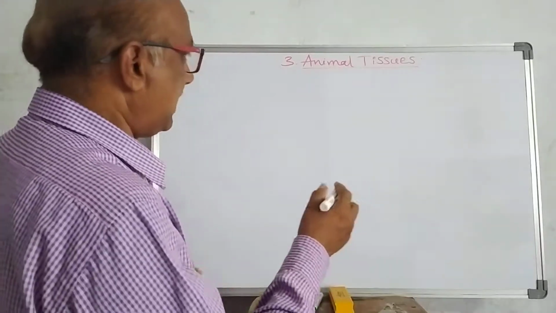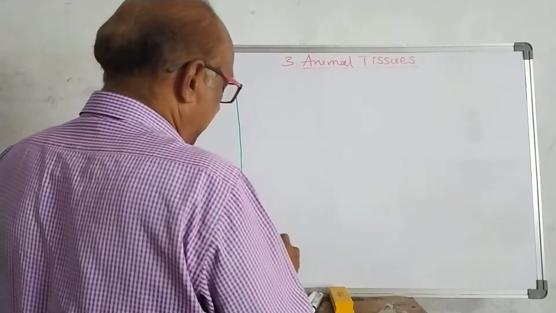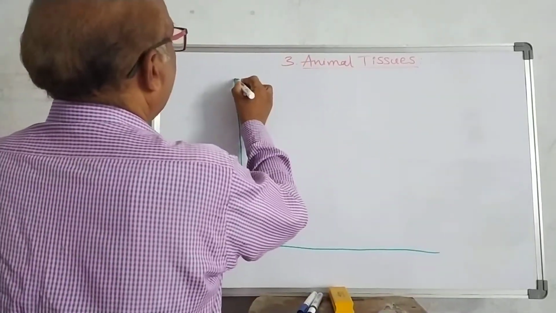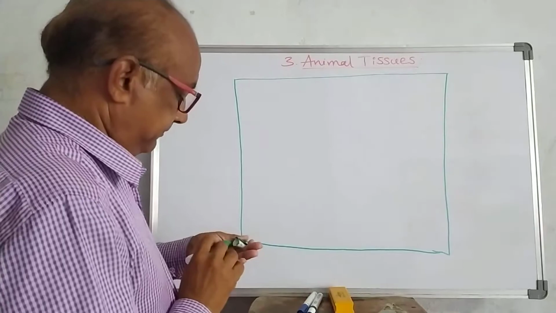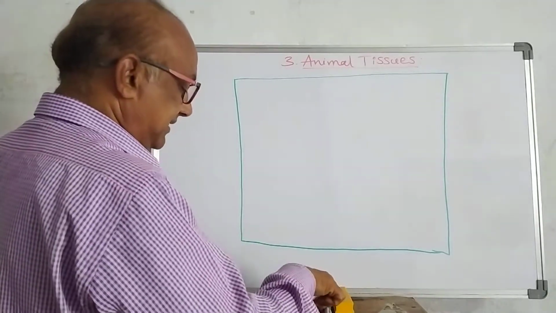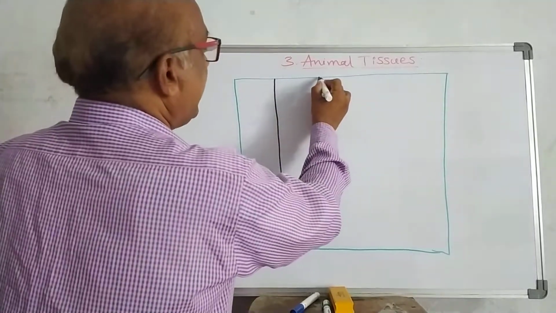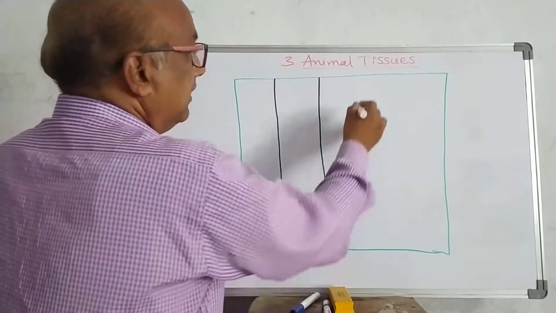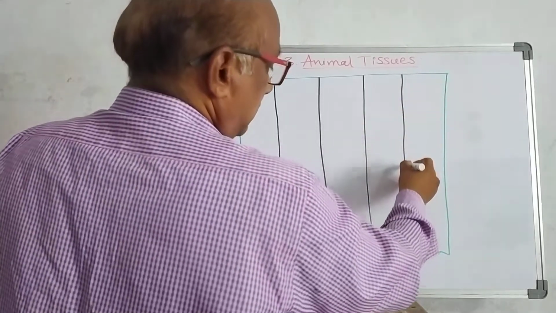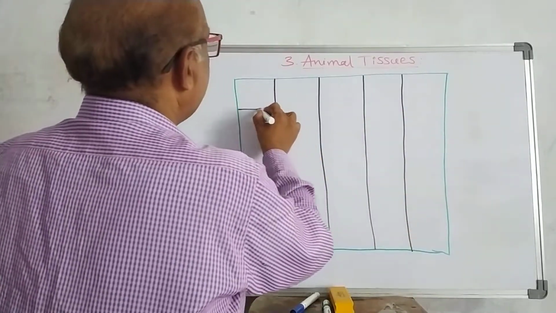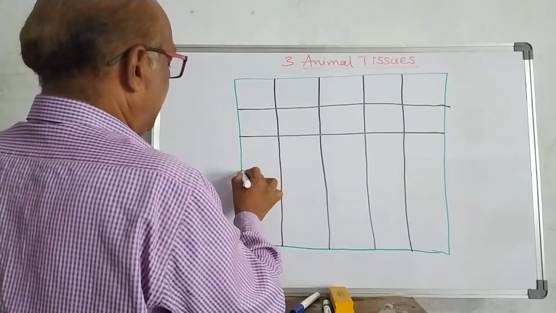So, according to Carl Landsteiner, there are 4 blood groups in human beings, and we should understand which blood group can be given to which blood group persons. Then we can say whether that particular blood group is given to the required person or not. Let us see with the help of a checkerboard.